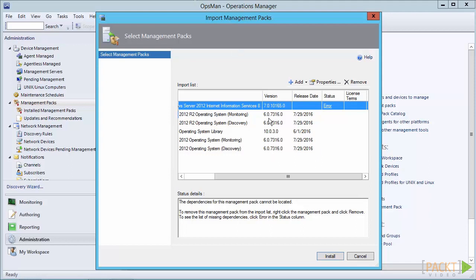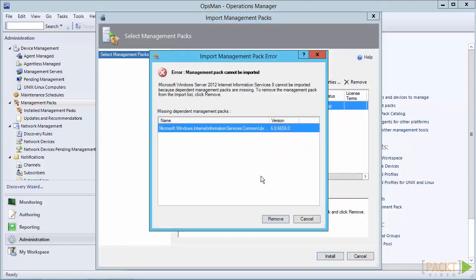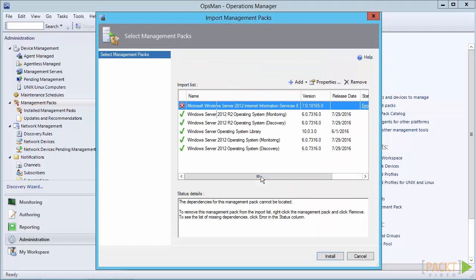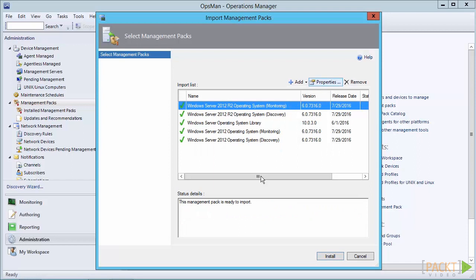So to find out which management pack is actually missing that's throwing this particular error, you just click the error and it'll tell me that the Microsoft Windows Internet Information Services Core Library management pack is actually missing. So what I'm going to do is remove this management pack for IIS. I was just showing you that. Okay. And now if I go out to the website and click Add from Catalog,